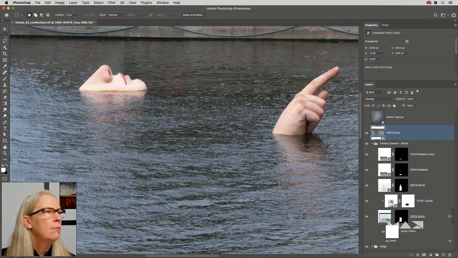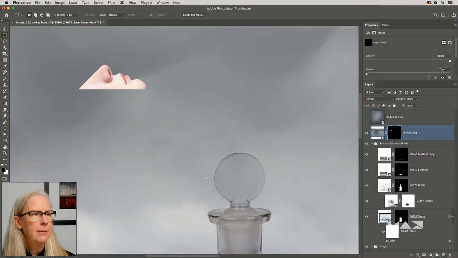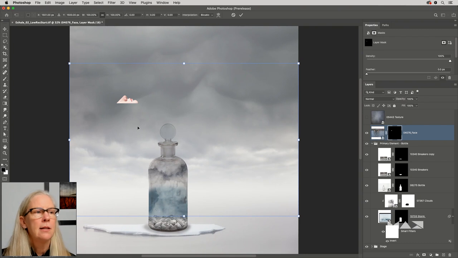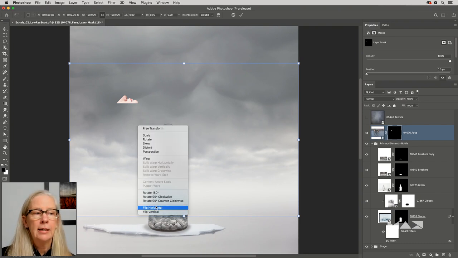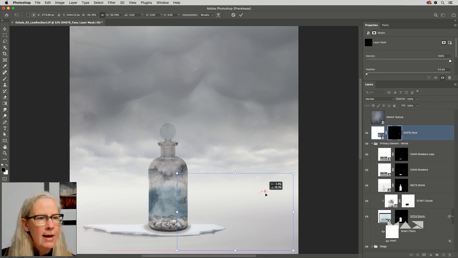I'll just use the marquee tool, and I'm going to hold down the Option key, and I'm just going to select out this area because I'm going to create my own reflection, because this reflection won't really work because it's all ripply. All right, so on the layers panel, let's go ahead and add our mask by clicking on the mask icon. We'll zoom back out, and then we'll transform this. First thing I want to do is just right click in there, and I will flip this horizontally. And then let's also make it a little bit smaller because we're putting it back in the background there.